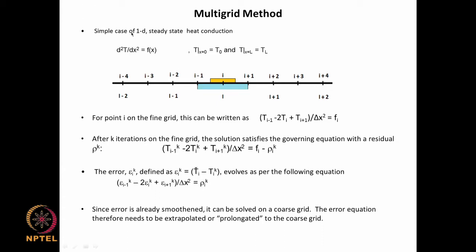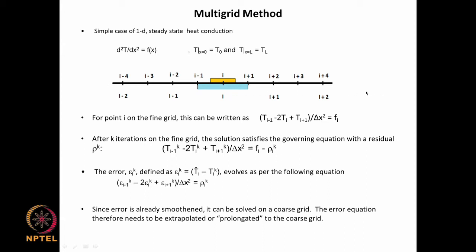We are considering now the 1D steady state heat conduction equation, d square T by dx square equal to f of x, with the boundary conditions that T at x equal to 0 is T naught and T at x equal to L is T L. These two are specified, so that you have an elliptic problem,